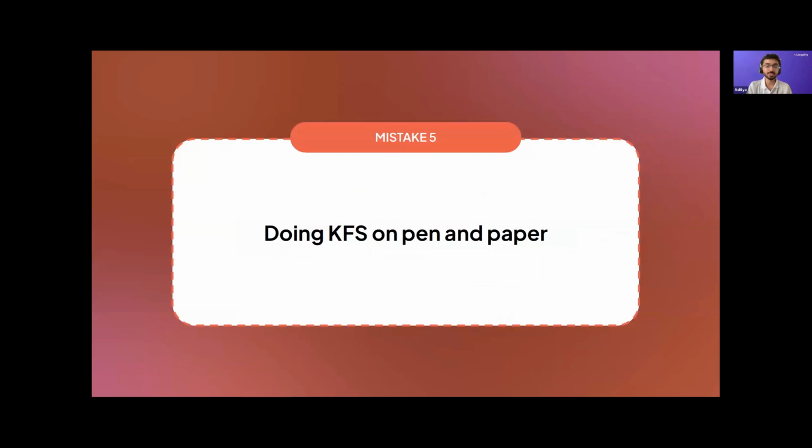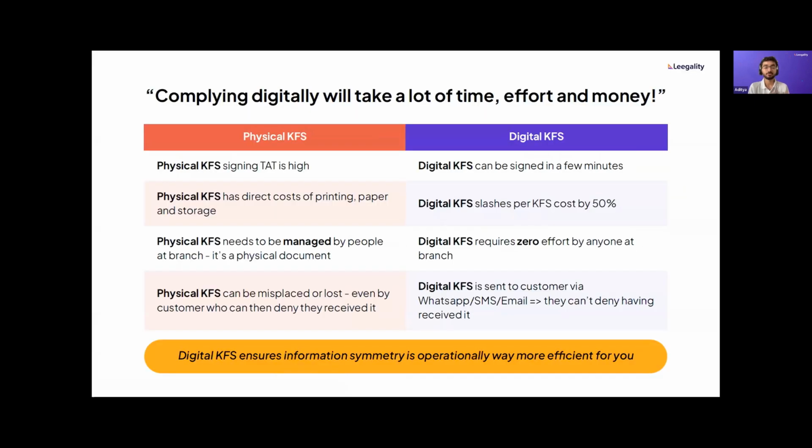So now we're almost at the demo stage, just one more mistake to cover. And the final one is an operational mistake, but it can have compliance implications, right? And that is many lenders just went ahead with a physical KFS process in a rush to comply. So we've seen two things here. Companies looking to go digital, but because of the new KFS guidelines, the whole loan paperwork process remains physical because it's just easier to integrate into legacy physical processes.